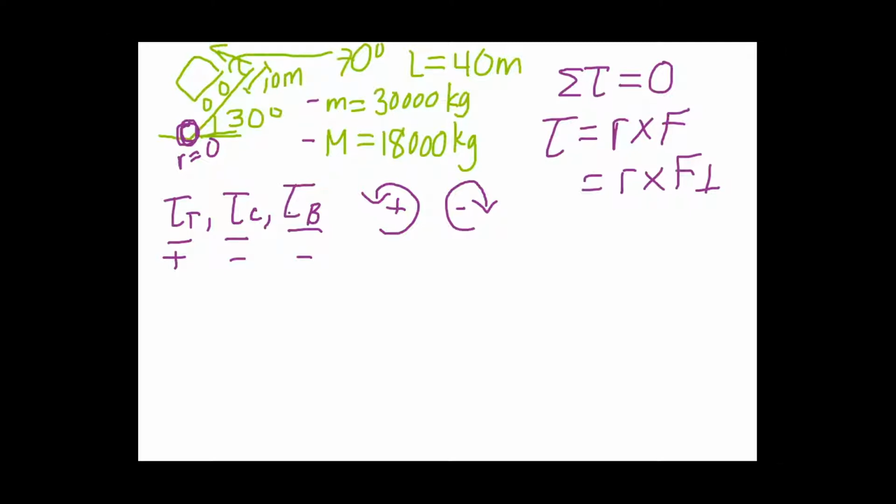So let's look at this now. We'll take it one torque at a time. We have the torque due to the tension, and the radius in this case will be the distance from my initial point, which I set at the bottom of the bridge, which is down here, to the point where the tension is acting. And that is going to be at the top of the bridge. And that will give me 40 meters, as I know that is the length of the bridge. Now, as far as my force, I know that tension is what the force is, but I want the perpendicular part of that force. So if I know that it's acting at